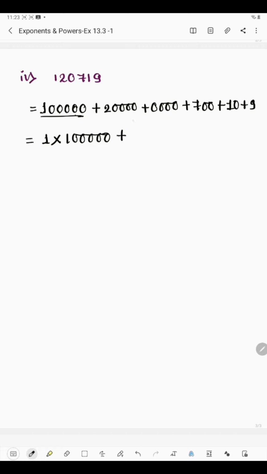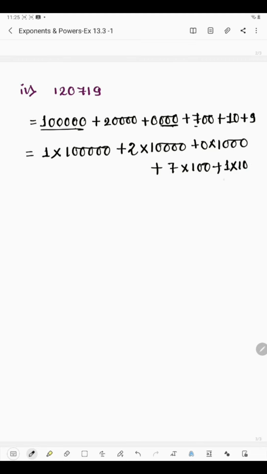Okay, now here after this we have 2, and here we have got 20,000. Now how we have got 20,000? Here 4 zeros are there, so we'll put 4 zeros with 1. So that means 10,000 multiplied by 2 to get 20,000. In this way we have 0 next, and then 3 zeros after this. So with 1 we'll put 3 zeros, and then we have 7, and after 7 we have 2 places, so 2 zeros with 1. Then we have 1, and after 1 0, so with 1 we'll put 1 0, because 10 multiplied by 1 is 10. Then we have 9, so 9 multiplied by 1 is 9.